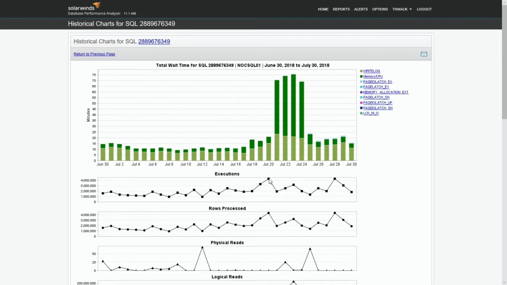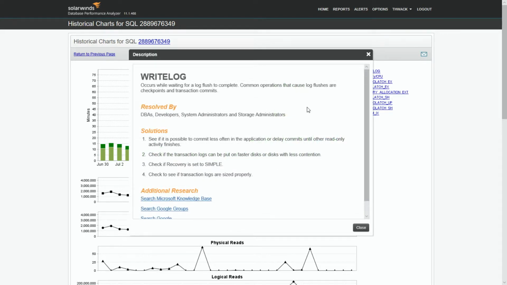Remember, you have the question, is there a problem? And then the next question is, what can I do about it? Right now, it looks like we have some write log waits. So it's just waiting to write to the log? Maybe. Maybe there are a lot of checkpoints. Maybe it's just a lot of activity, and it's an aggregate amount of write log being shown across millions of executions. Lots of tiny little executions, and it's writing to the log as much as it can. That doesn't mean that you have a disk issue. It means that you're maybe the most efficient thing on earth right now, and it's just flooding the log, and you don't really have any bottlenecks.